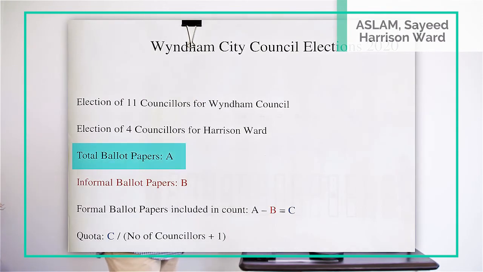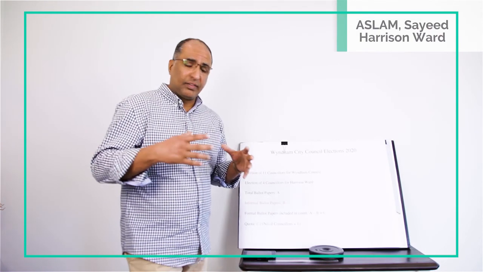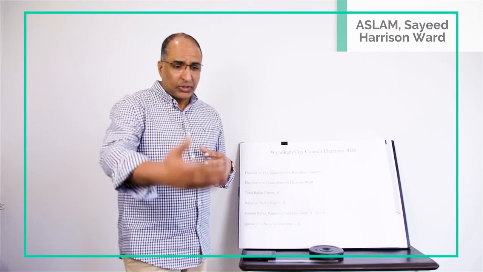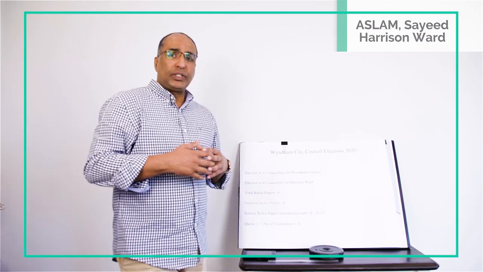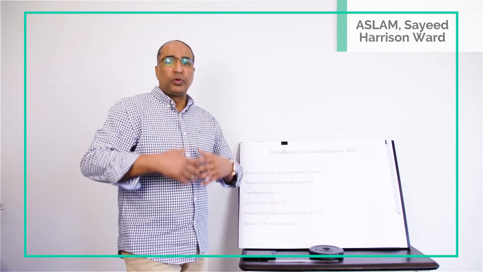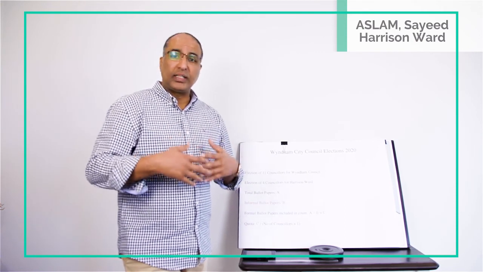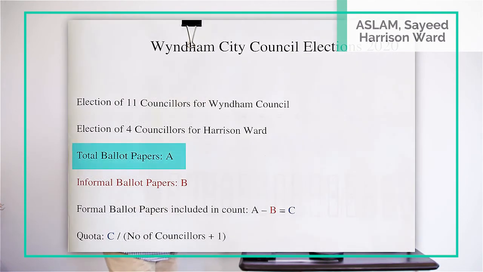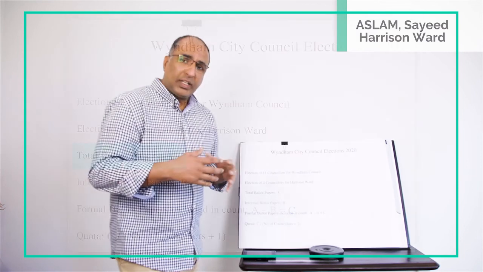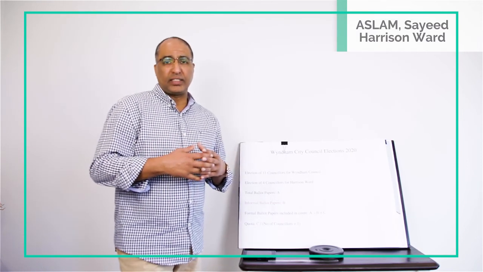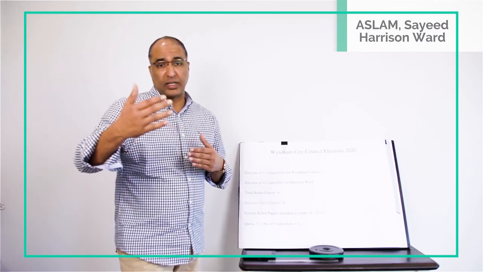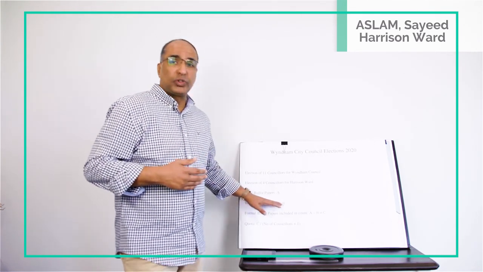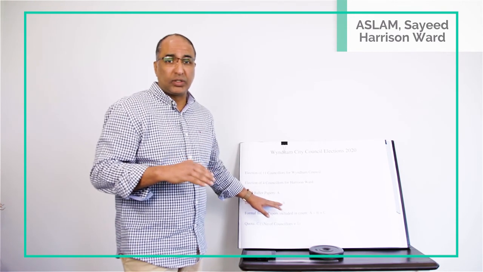Now, the total number of ballot papers that come out of Victorian Election Commission are the ones which were enrolled as of 28th of August 2020. Out of the total ballot papers that come out, those people who participate or return the ballot papers, that's the voter turnout. So that's A. Now, of all of them, there are certain informal votes. In the past, that informal vote has been very high. It's been around roughly 16-17% in Harrison and Shafi. So informal votes are those votes which are not valid and which are not accounted in the quota.